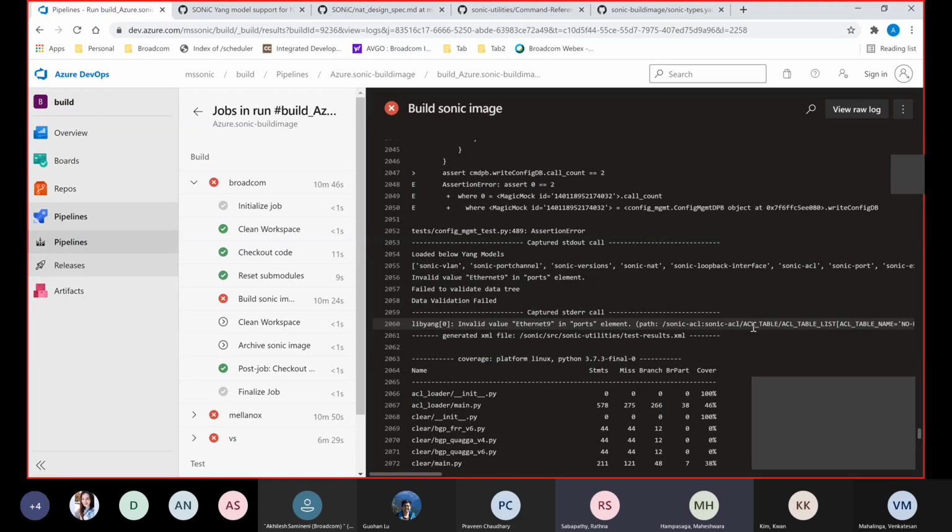No, breakout didn't go through. Sounds like that, right? Because Ethernet 9 is not a normal port number unless somebody does the breakout. Otherwise, Ethernet 8 and 12 will be there, right? So it looks like breakout didn't go through and it's trying to use that port right now. Ethernet 9 is not available. But I have one question: is it because the branch is not up to date with the latest master?